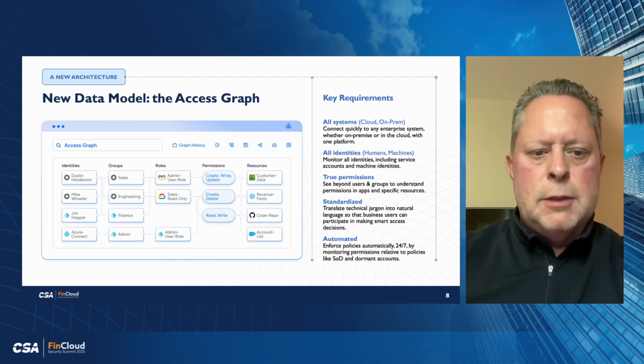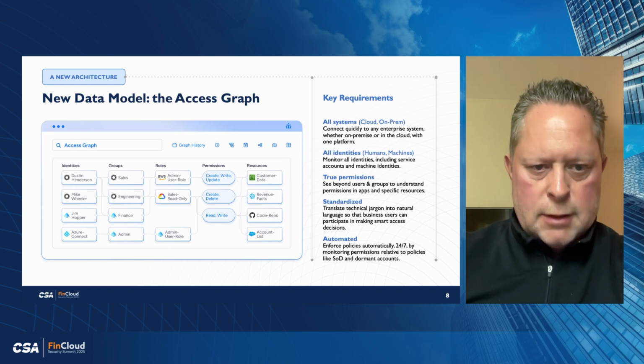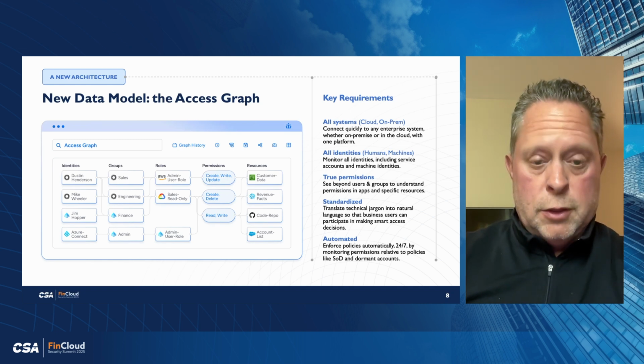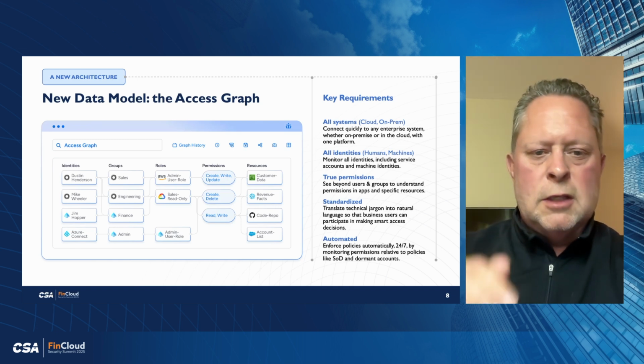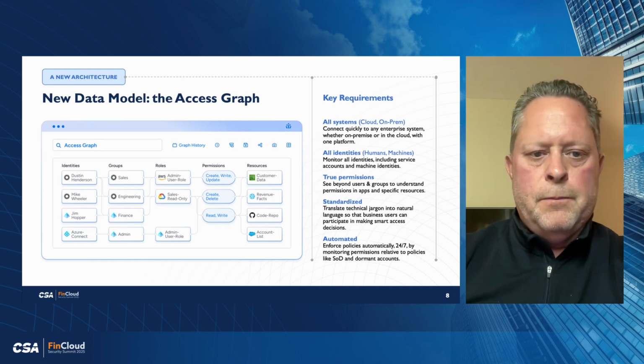Everything I just described is multiplied by all of your users and all of the roles and all of the permissions and all of the resources that your users have access to. Like I said, this gets really, really big really fast. In a lot of organizations, the combinations will be numbered in the billions. So the data model must be built to cater to this level of complexity.